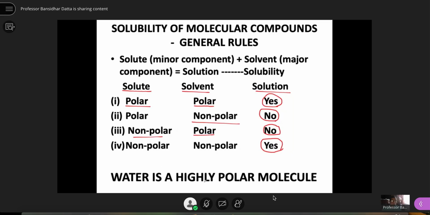So water is a highly polar molecule. We talked about it in detail. Because it makes so many hydrogen bonding, a network type of hydrogen bonding, right? A network type of hydrogen bonding that gives the water molecule, although its molecular weight is 18 grams per mole,